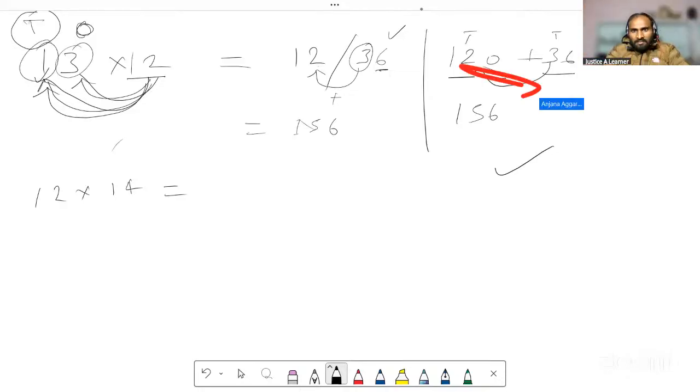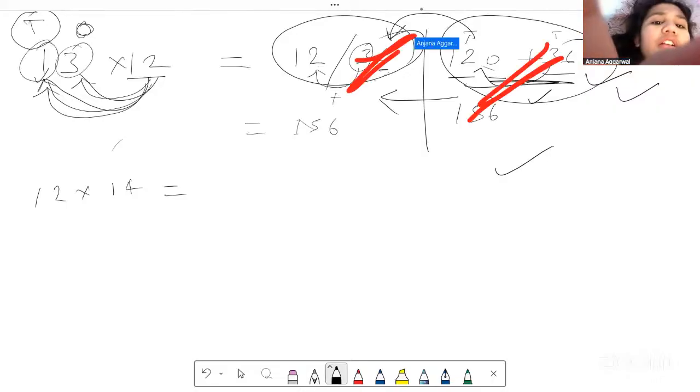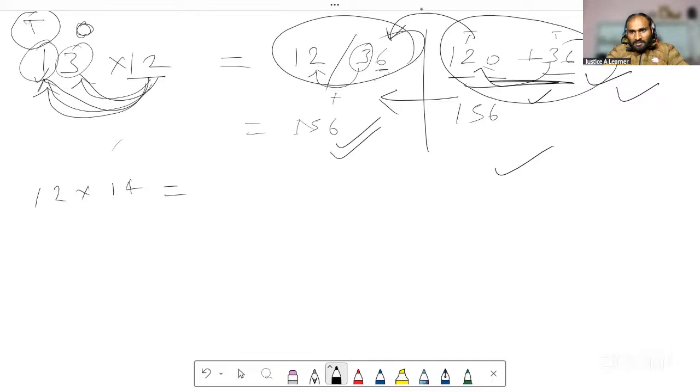Actually, this method is a modification of the same method. This is the root method. This is the modification to make it faster. If I go with this method, I can still solve the problem, but this is faster than this. But this is the concept lying within this method. This one is faster for me. I thought this was. For you, this one is faster? Yeah, but I don't get it, so this one is.